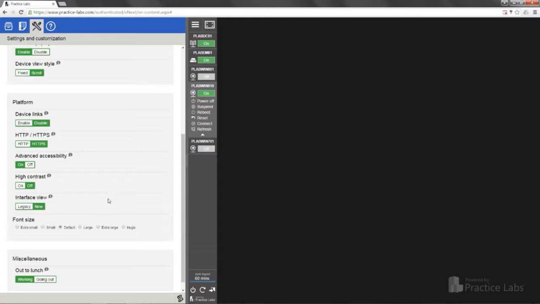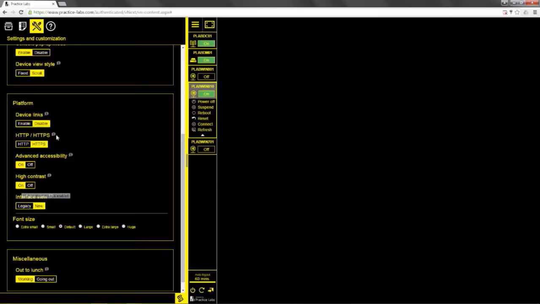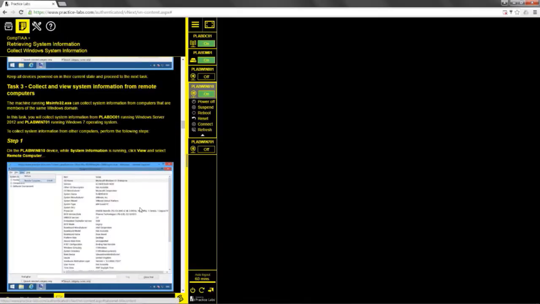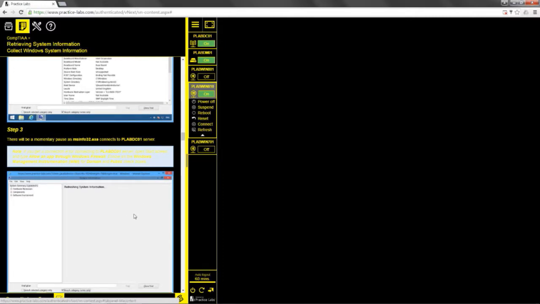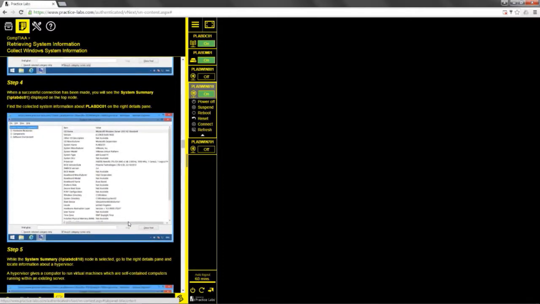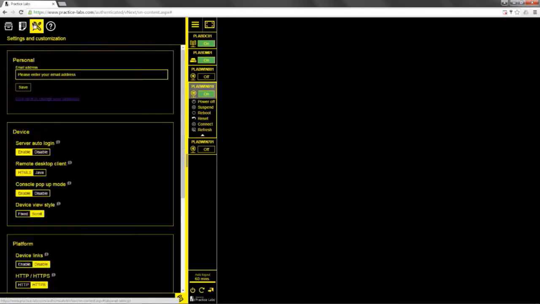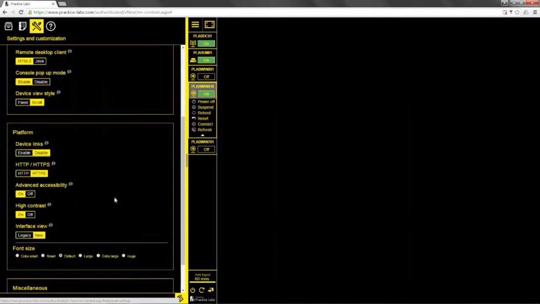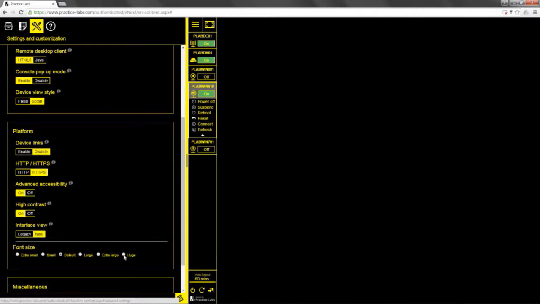Now, it doesn't look like much has changed, and one of the other items that works in conjunction with the advanced accessibility modes is the high contrast mode. So as I turn on high contrast mode, you'll see that the contrast of the platform has changed, and it's an additional feature that works alongside the advanced accessibility features,